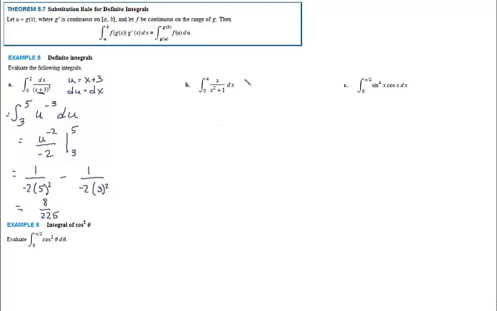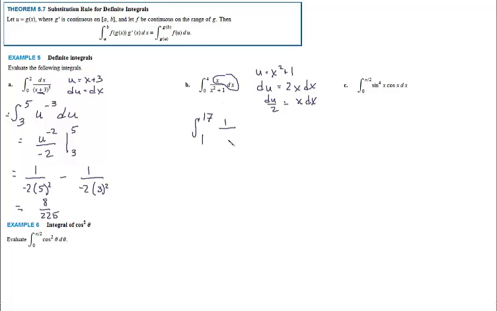Okay, next problem. Let's let u equal x squared plus 1. Therefore du equals 2x dx. Notice that I have this x dx, so I'm going to say that du over 2 equals that x dx, so that I can just plop that in. Changing my limits of integration, if x is 4, u is 17. If x is 0, u is 1. And I would have